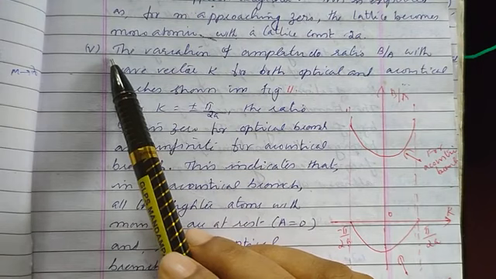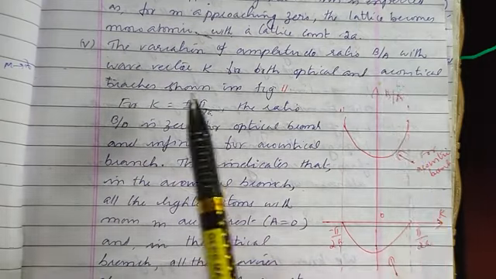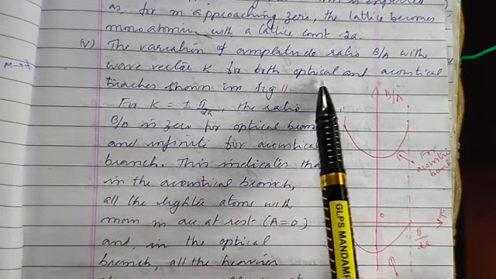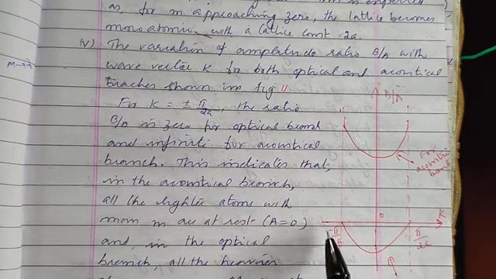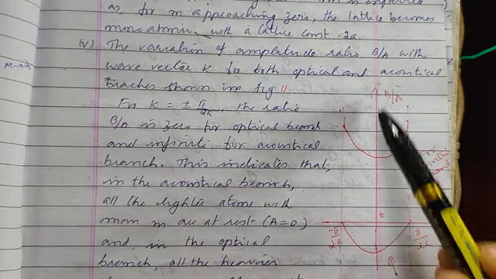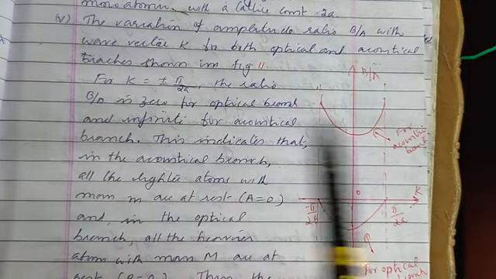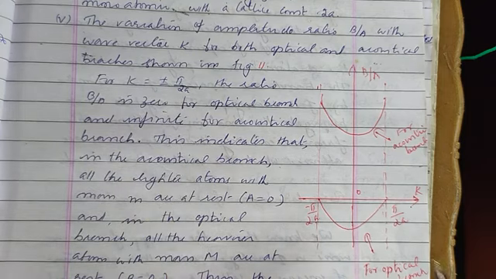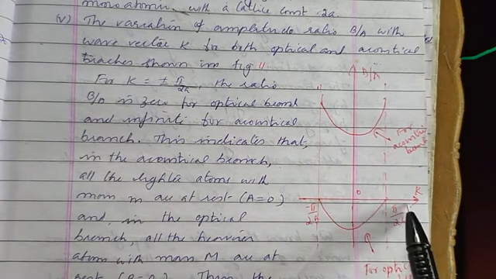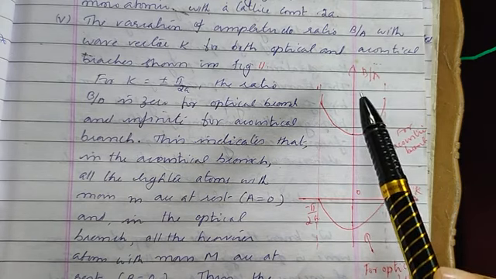Now the next feature is the variation of amplitude ratio B by A with wave vector k for both optical and acoustical branches shown in the figure here. So in the x-axis k value is taken, and in the y-axis the ratio of amplitudes B by A. For k is equal to plus or minus pi by 2a, the ratio B by A is 0. Here it is shown. This is k value. This is 0. Okay, and the amplitudes are